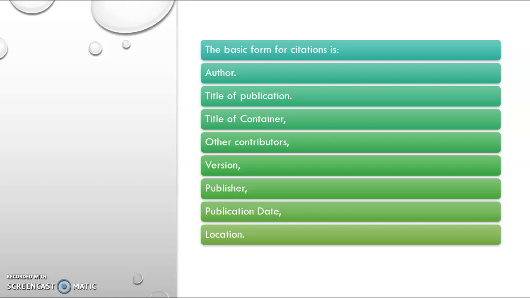If there's not one, you go to the title of the publication, which is the title of the article, book, or whatever, and then you put a period at the end, and that's different than the title of the container. So for a book, the title of the publication and the title of the container are one and the same, so you wouldn't need to double dip. It's okay to leave it out.